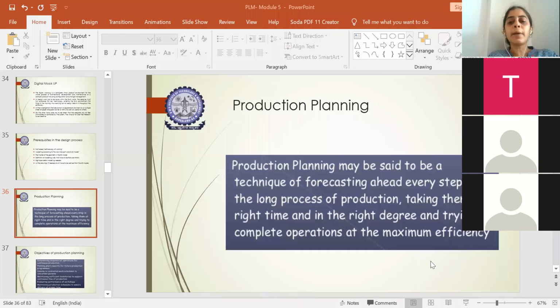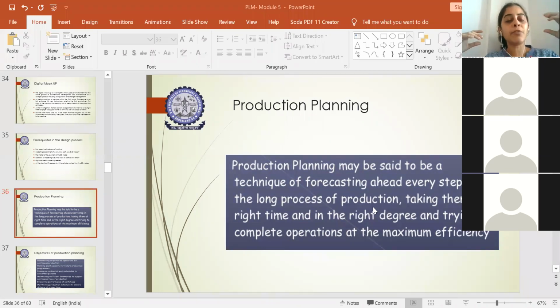Production planning is nothing but a systematic technique followed step by step for a longer process of production, because production will not end in a single day. If it is a huge lot of mass production, like 1000, 2000 or 20,000 parts which have to be manufactured per week, there will be n number of parts to be manufactured. There is a systematic time constraint: how it will be manufactured part by part, how it has to be assembled, and where it is going to be assembled. Sometimes the part will be manufactured in a particular place and assembled in a different place.